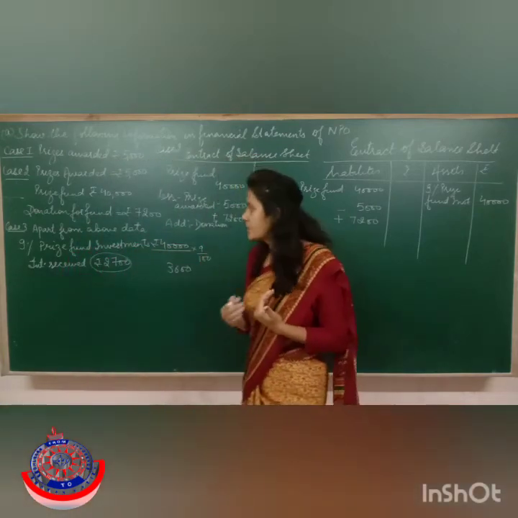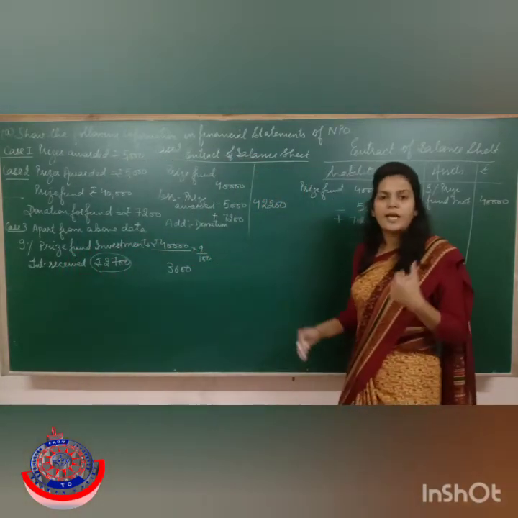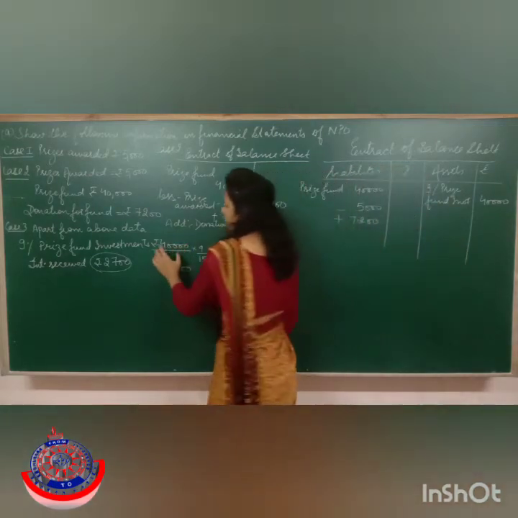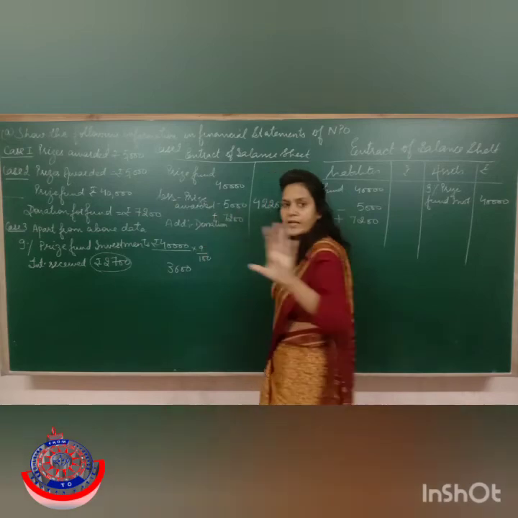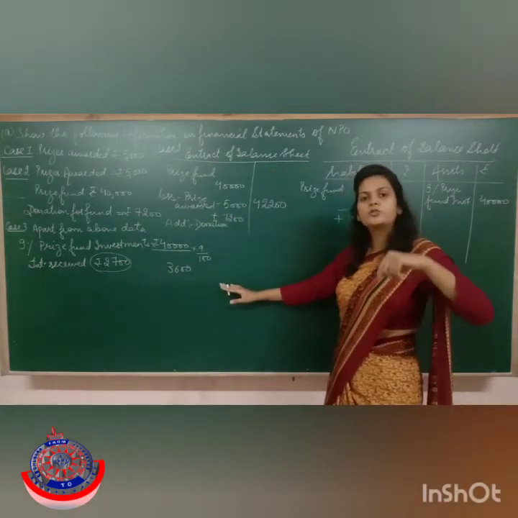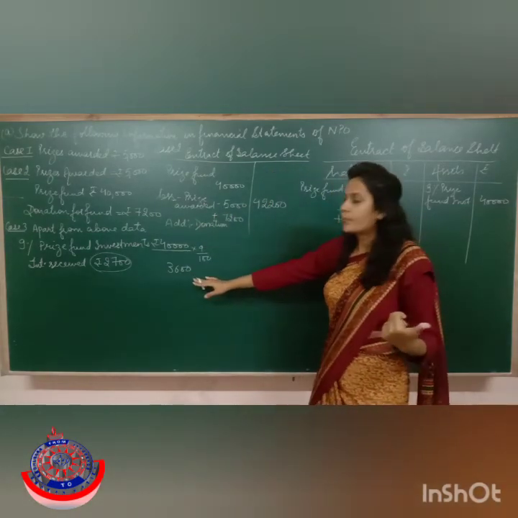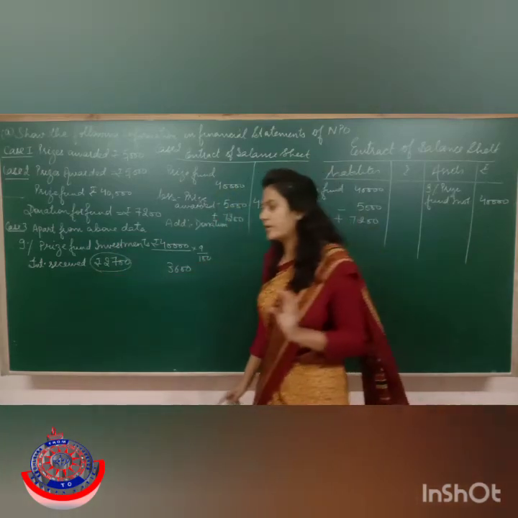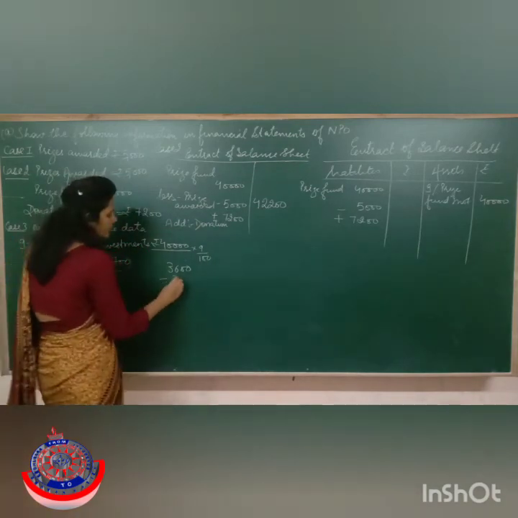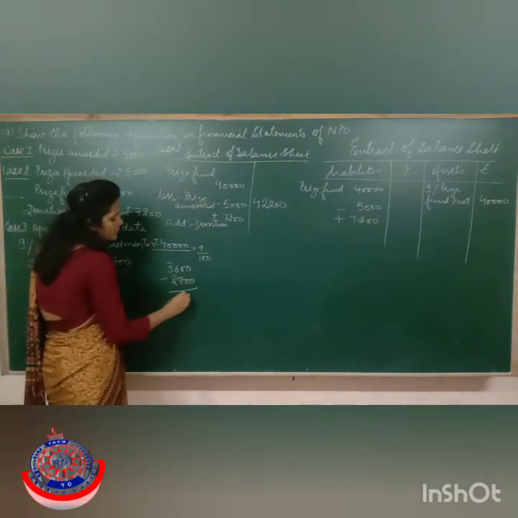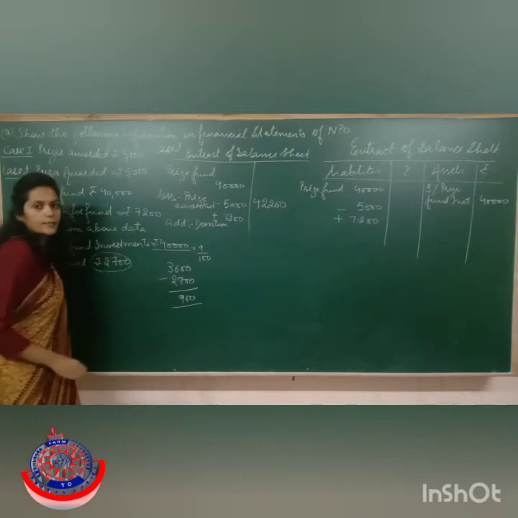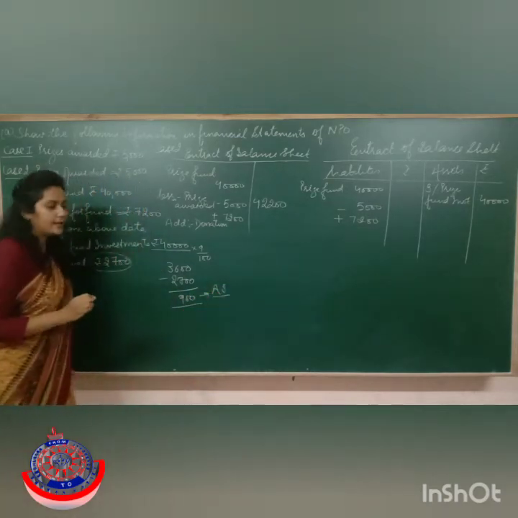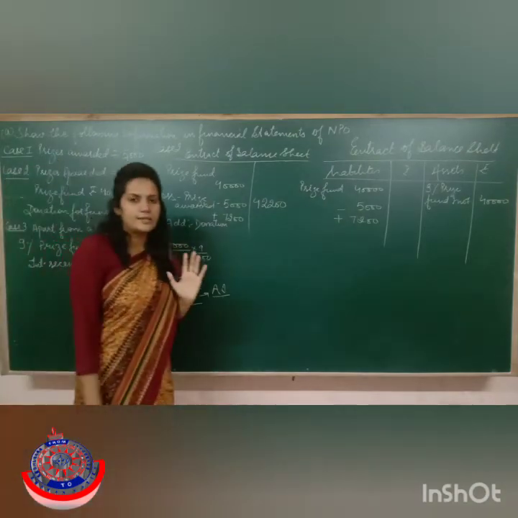I repeat what I said. You have invested money somewhere and the purpose of investment is always to get some interest. Now, on 40,000 as per 9%, the amount of interest which you should receive is 3,600. But in reality, you have received only 2,700. It means that interest of rupees 900 is receivable, is accrued. You have not received this interest as of now, right?